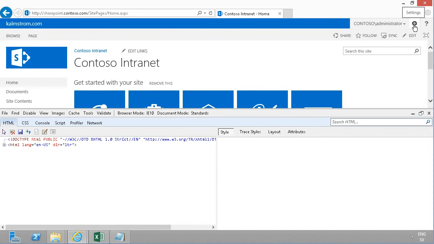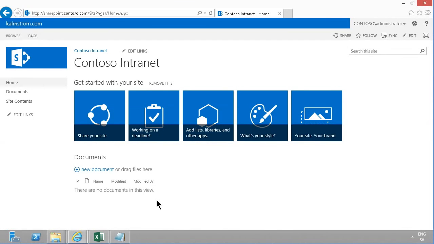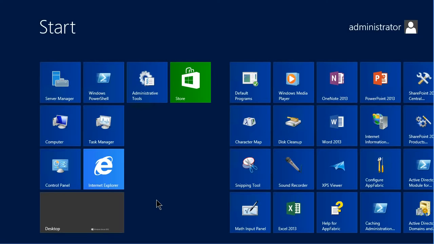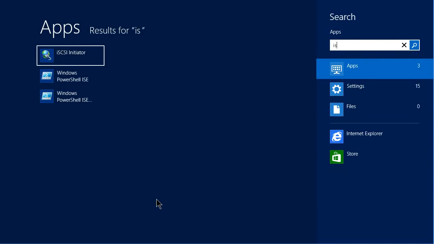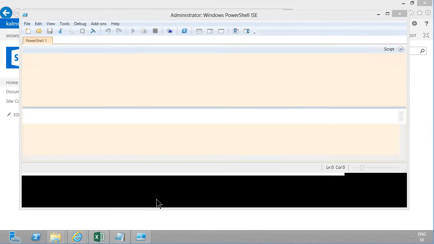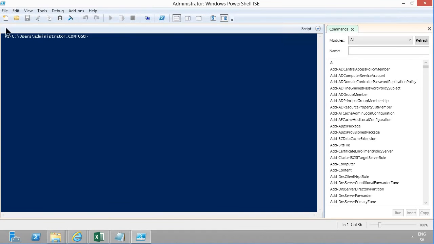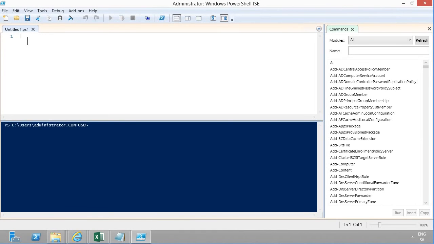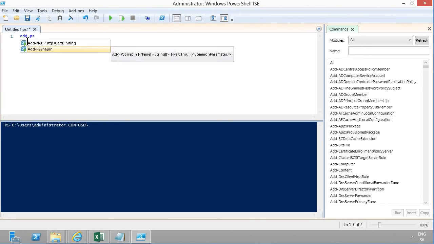If you don't have access to that, you might have access to the actual server and can run PowerShell on the server. And if you want to run PowerShell, I would recommend using the PowerShell ISE, the integrated scripting environment. And the first thing that you need to do when you're working with PowerShell on your SharePoint server is to actually add the snap-in, which is called Microsoft